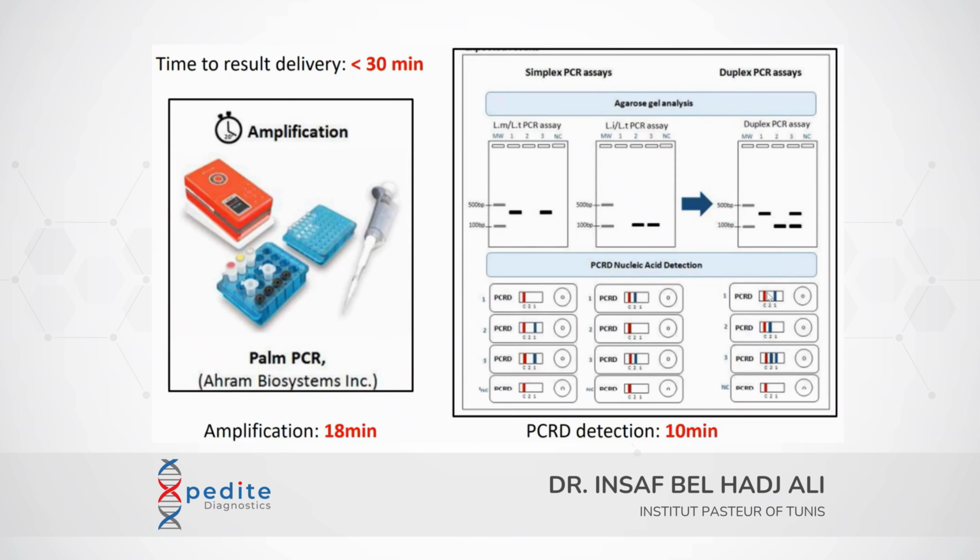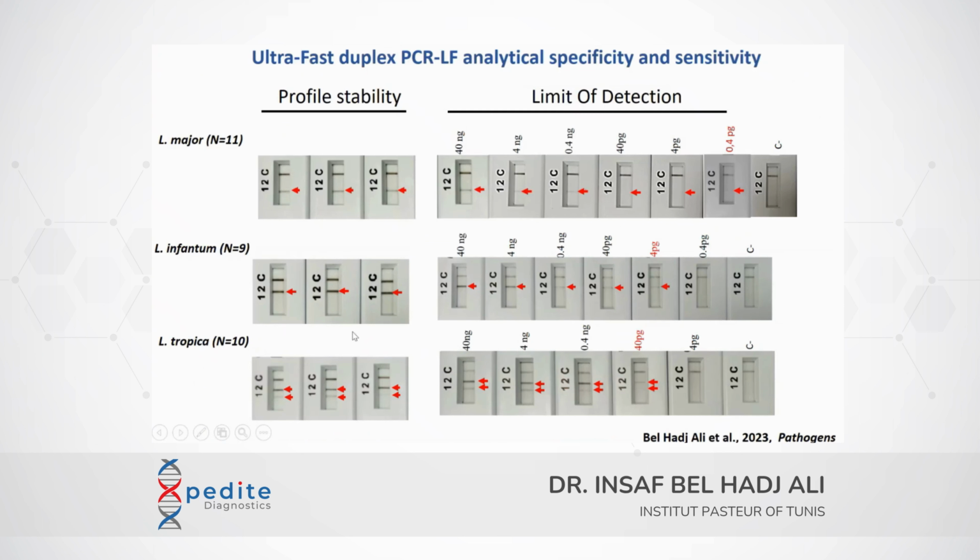So on the lateral flow immunoassay, we will see a band on test line 1 for infection due to Leishmania major, a band on test line 2 for infection due to Leishmania infantum, and 2 bands on test lines 1 and 2 for infections due to Leishmania tropica. So this assay was tested on a set of cultured Leishmania strains, and it showed a stable and reproducible profile, and we were able to detect between 0 picogram and 40 picogram